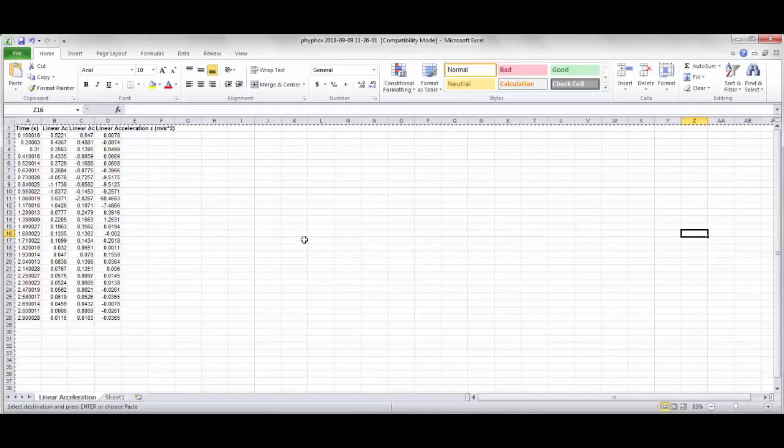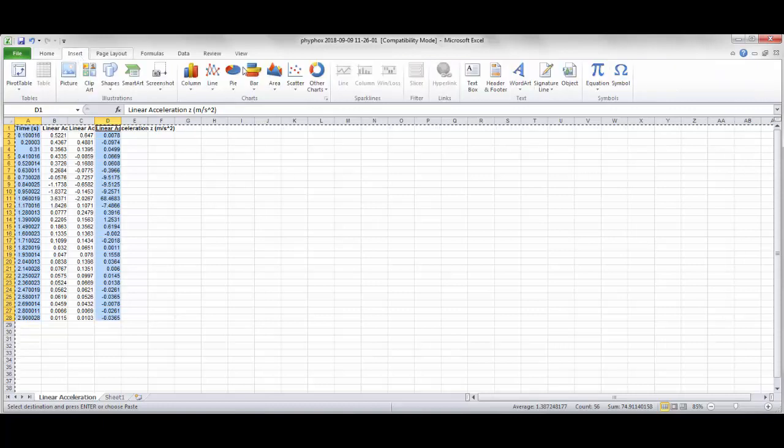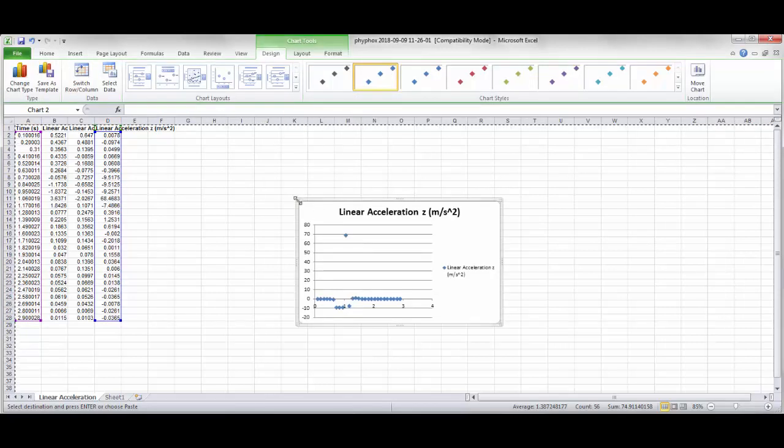Now I've just opened the data here, and since we're focusing mostly on the Z axis, which is the 4th column, I'm interested in the time and in the linear acceleration in the Z direction. So we'll select all this, Control, and linear acceleration in the Z direction. Now I will sketch the graph. Insert, scatter graph. Now if I enlarge this,